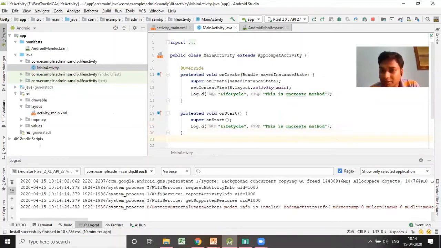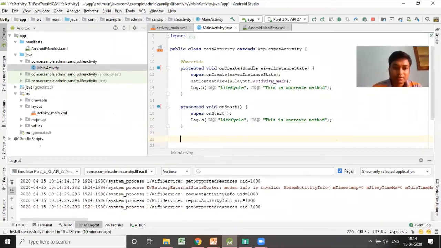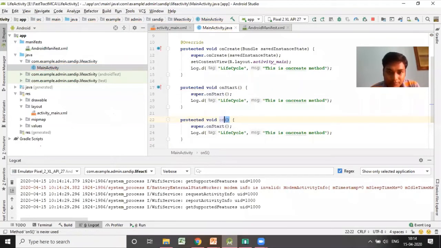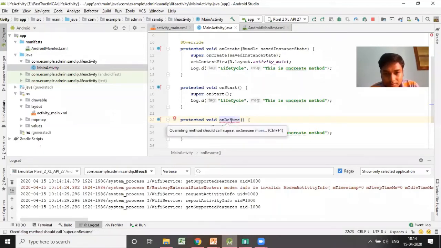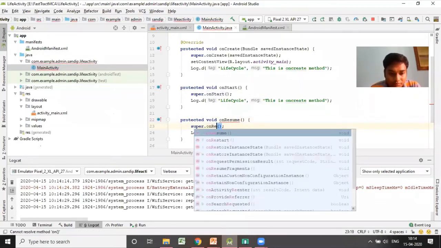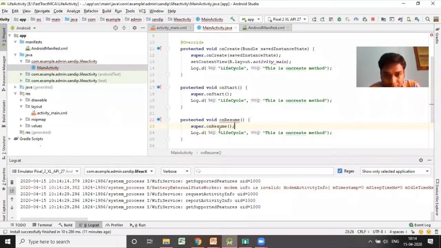After on start, what is the function? That is the on resume. On resume.